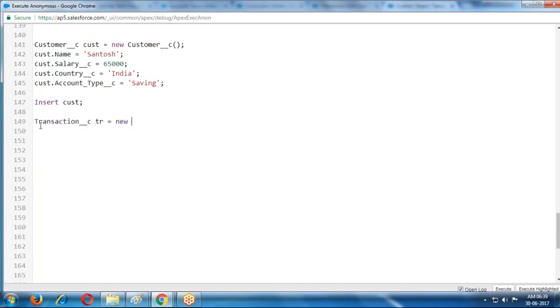TR equals new Transaction__c. TR.Name equals T18.